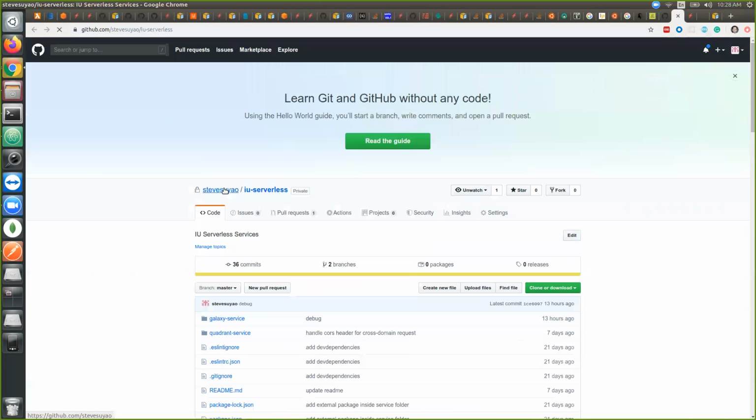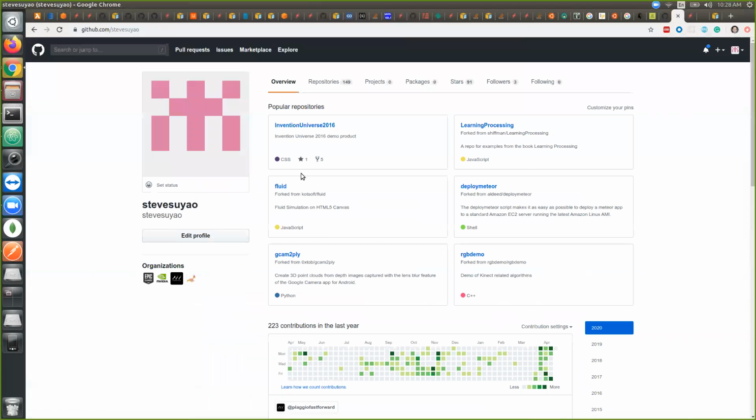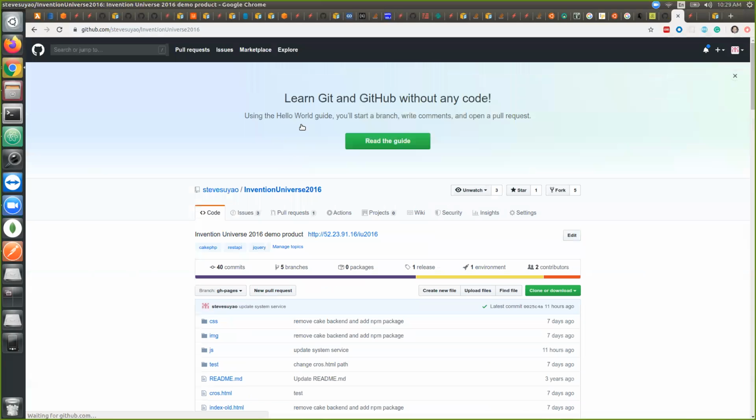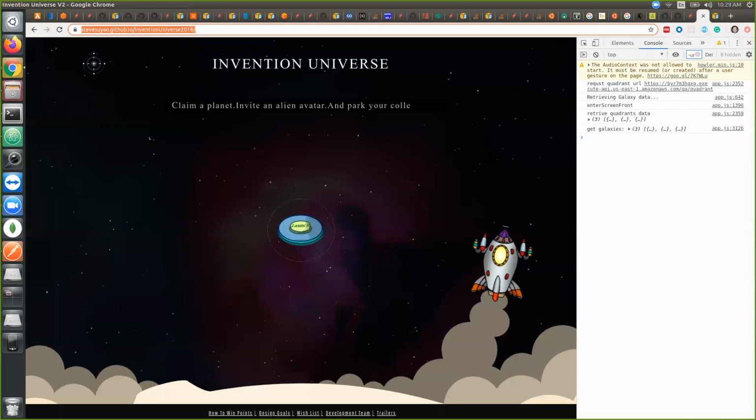In other words, we can access this from a browser already, Steve? Yeah, already you can do it. So let me show you. Okay. So for now, the address is steve.github.io/Invention Universe